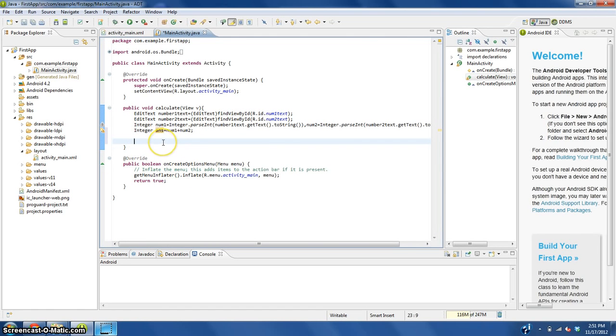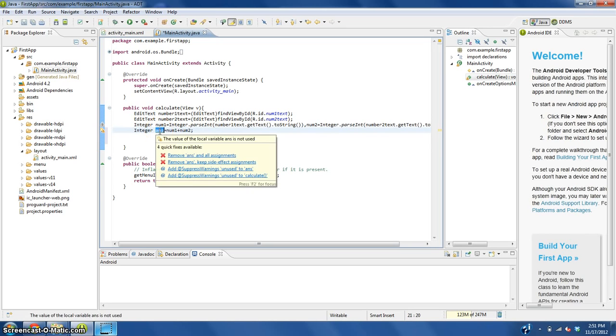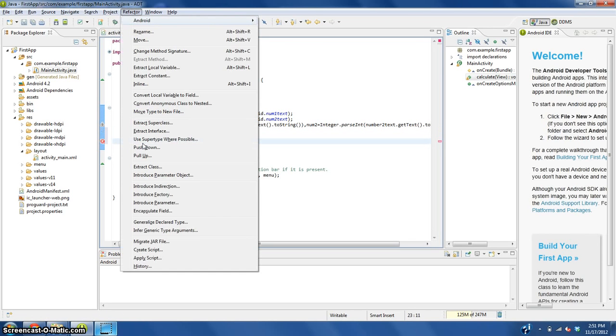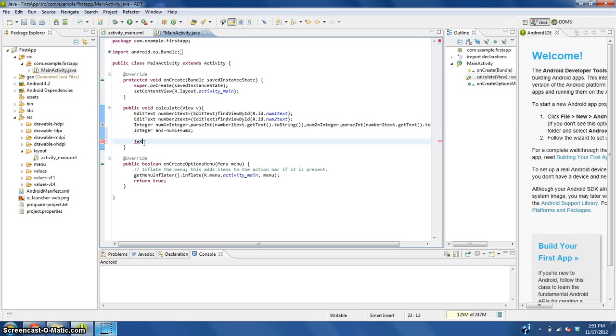So we need to get the answer text view like we did here and assign the text to be ans. So TextView, with the first T and the first V being capitalized. answer